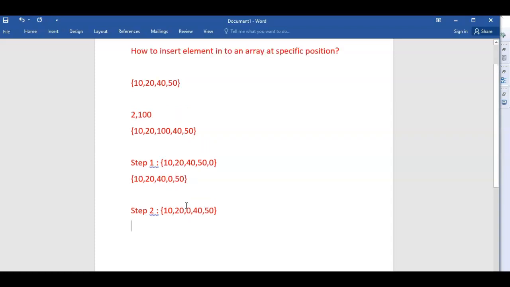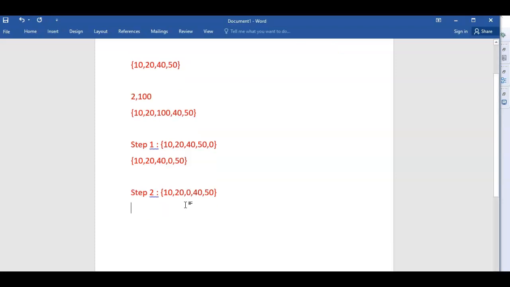How many times do we need to move like this? We need to iterate till the index is greater than or equal to the location. We need to start from the end, with the index starting at array.length minus 1, and iterate while it is greater than location.